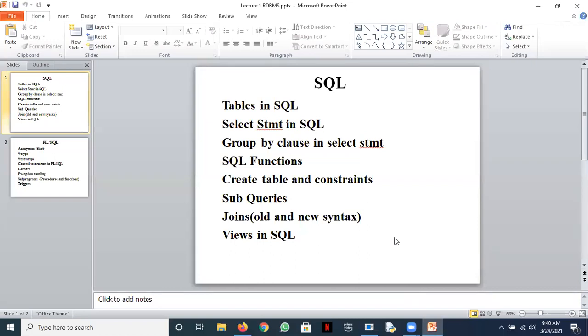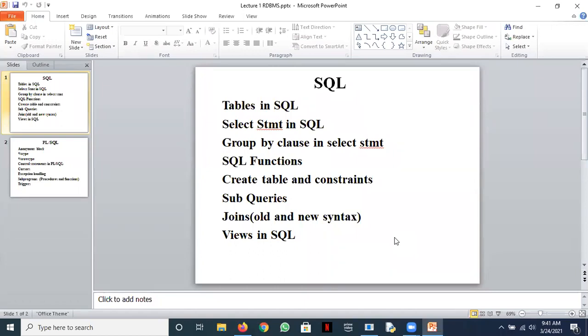So obviously table is a collection of rows and columns. Whenever you have some information about some entity, then you can check the entity and its attributes. And when you represent it in the relational model, then you call it a relation or a table. For example, if you have the student entity, then student entity has many attributes. So you can pick up some attributes, form a relation or a table, and then you can store data, you can create more data, you can update your data, you can join data from multiple tables.